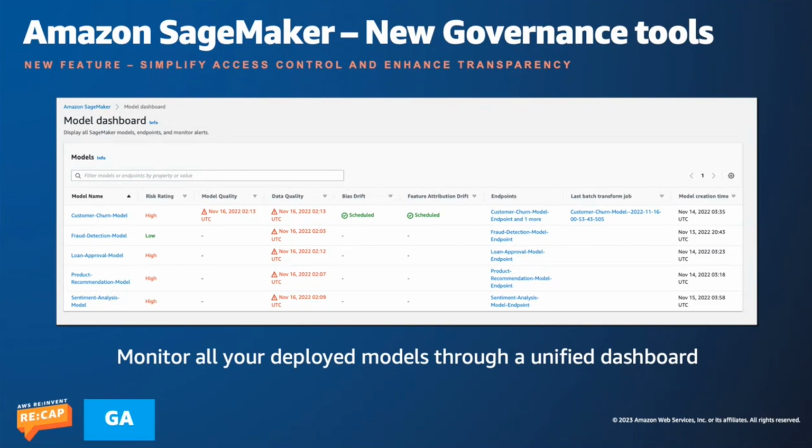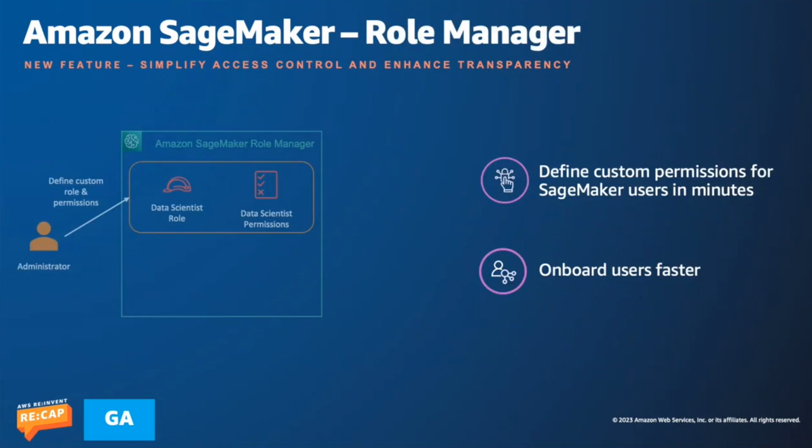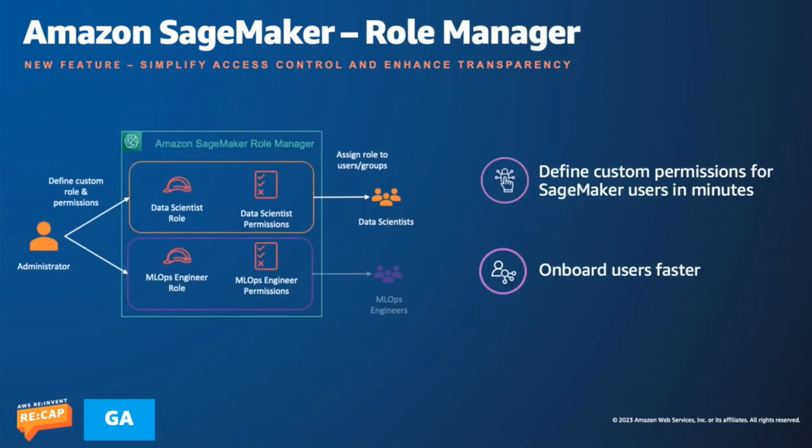One of the things that we didn't have in the past, you had the ability to create your own models, but you didn't have a centralized way to do documentation, to simplify access control, and overall enhance the transparency across the board. So now we have introduced this new functionality as well as created the Amazon SageMaker Role Manager,